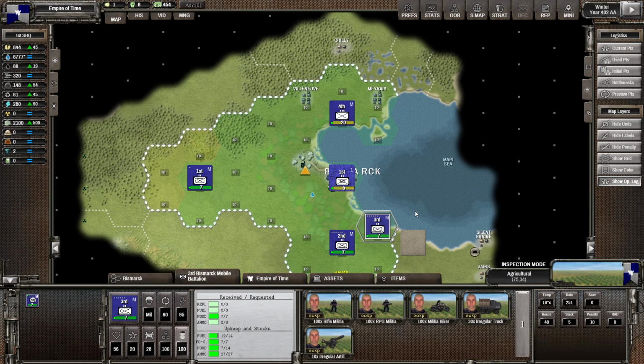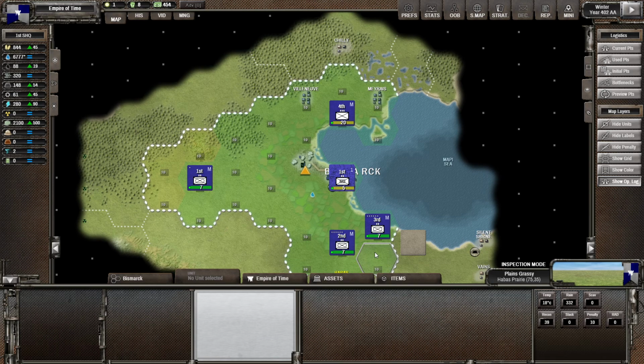I'm looking at the 3rd Bismarck Mobile Battalion out here by the Mappe Sea. It's a pretty good unit, pretty small, but pretty versatile. We're sitting in the farming terrain, and a good reason to be here as opposed to being in the grassy